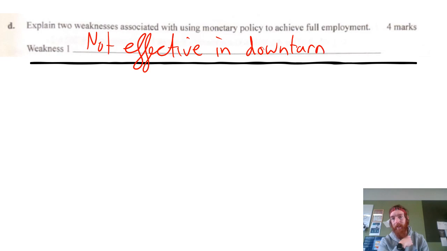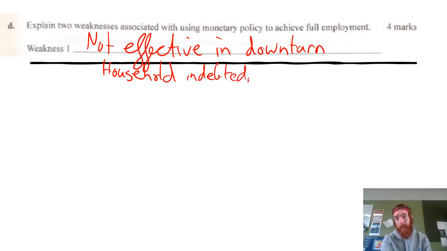So talk about the fact that when consumer confidence is low, they're unlikely to borrow and go further into debt to then stimulate the economy. Therefore, it doesn't have the increases in aggregate demand that it aims to do. Therefore, there's not more demand for labour. We're less likely to achieve the goal. You'd also use household indebtedness there as a reason why people aren't going to borrow more money when the cash rate is low. And then for the next one, I'll do the fact that there are long